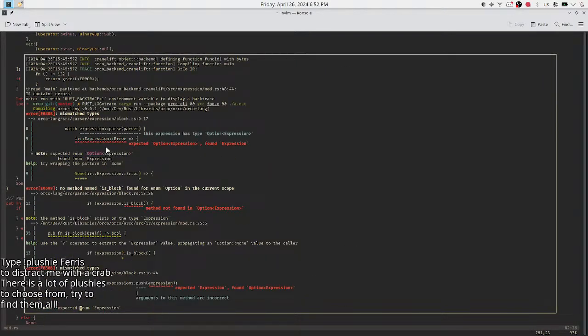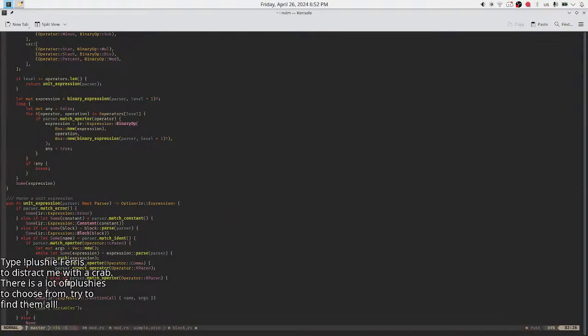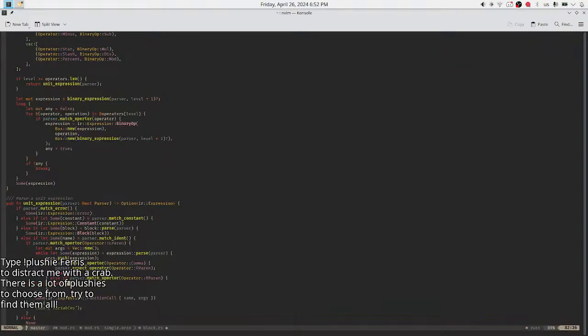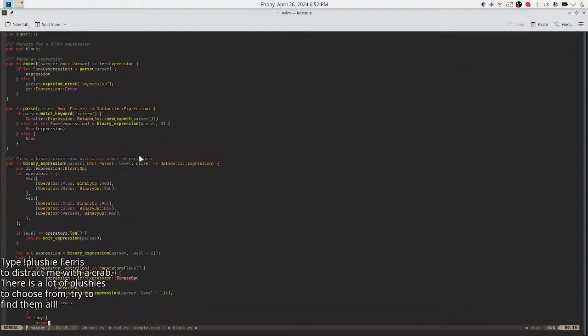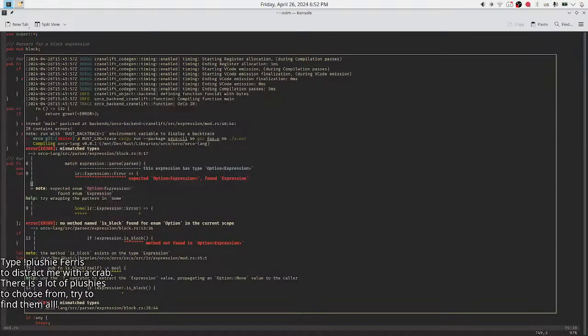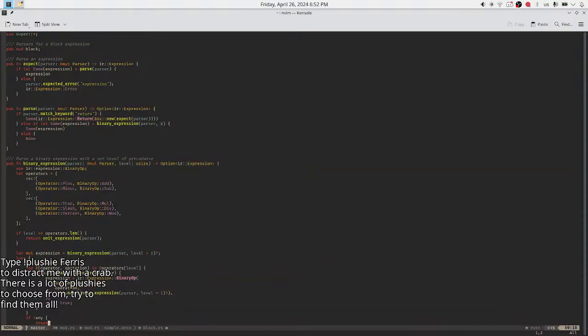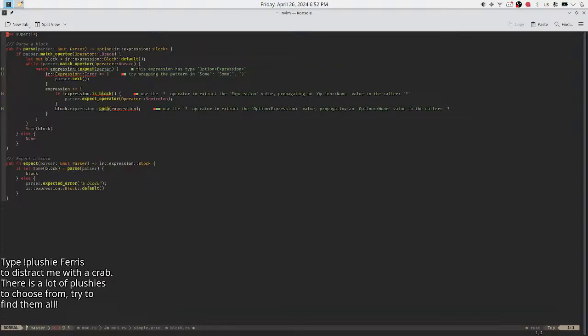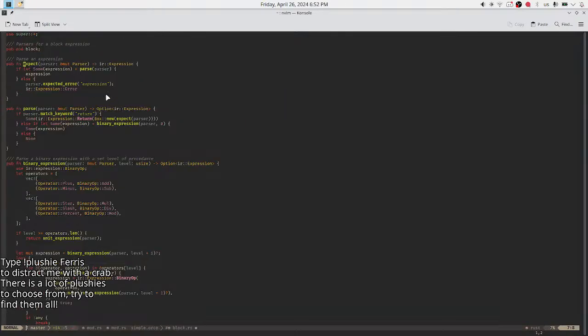And when I said it should report a beautiful error, I meant my compiler should report a beautiful error, not the Rust compiler. Parse, where is it? I thought the rename worked, but unfortunately it didn't. Expression expect. Yeah, what's wrong? Expect returns an expression.